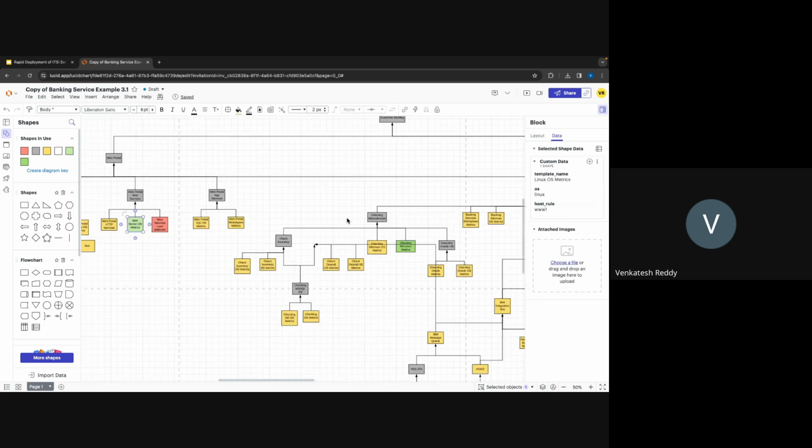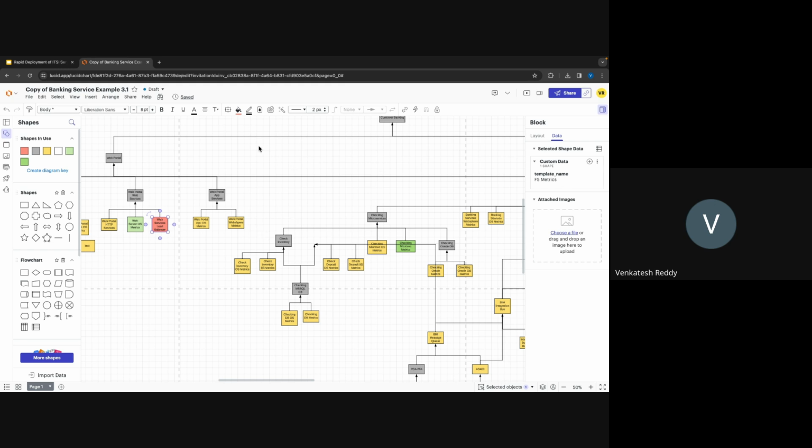For example, for web servers, I used Linux OS metrics as a template, and then I added the OS as Linux, and the host role as www1 host. Similarly, we can add them for the web servers of the load balancer. So what we do in the CSV file, we can do here in Lucid Chat.